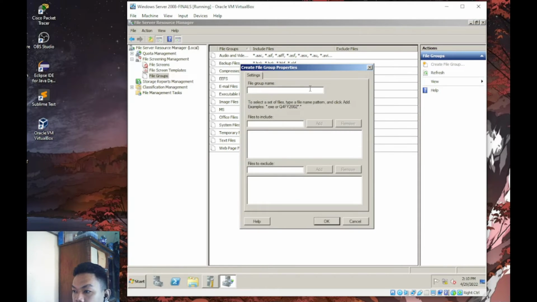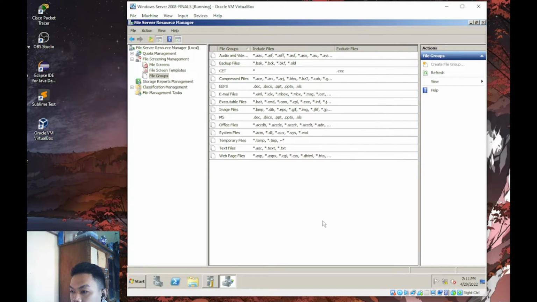So for the group name, for the computer engineering technology CET, all files are included. So we'll click input asterisk here, then add, and then files to exclude are the executable files. So .exe are excluded. So okay, so for the next one,